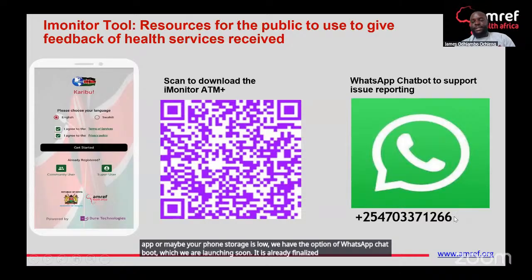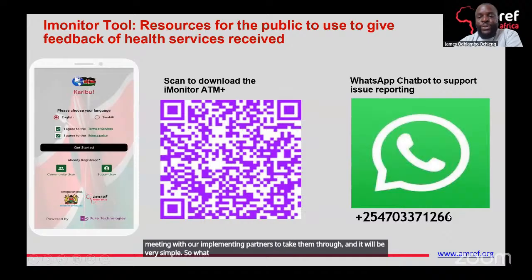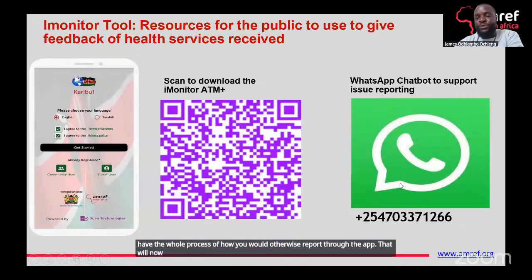We've planned a meeting with our implementing partners to take them through it, and it will be very simple. Anybody just needs to save this number in their phone book and start by saying hi. Once you initiate a conversation starting with hi, you will be able to go through the whole process of how you would otherwise report through the app. The provision to use WhatsApp has been enabled.